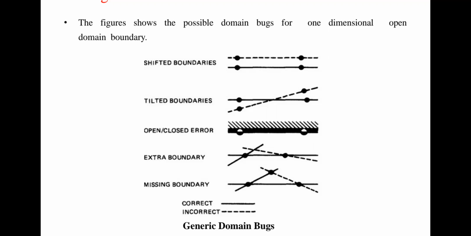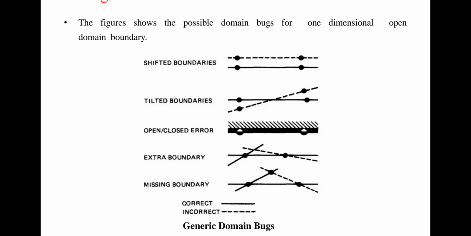Generally it has to come in one line, but it is not coming in that position. It is shifted to another position. That is called the shifted boundaries. Generally these boundaries are represented according to your computation, according to your prediction only. For example, if you take x equals x plus 1, the representation will be done according to that calculation. If you have any bugs in that particular representation, the boundary will not be represented in the correct format. It will be represented according to the bug.